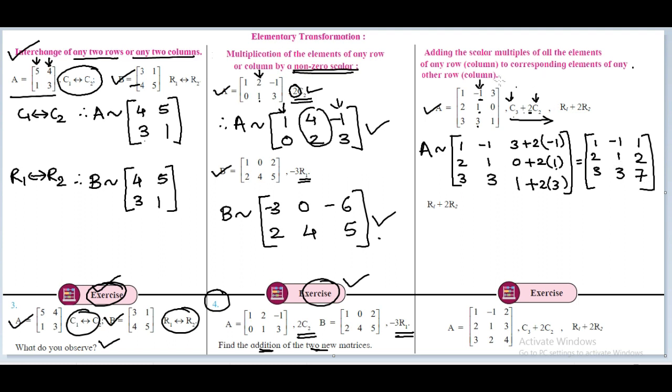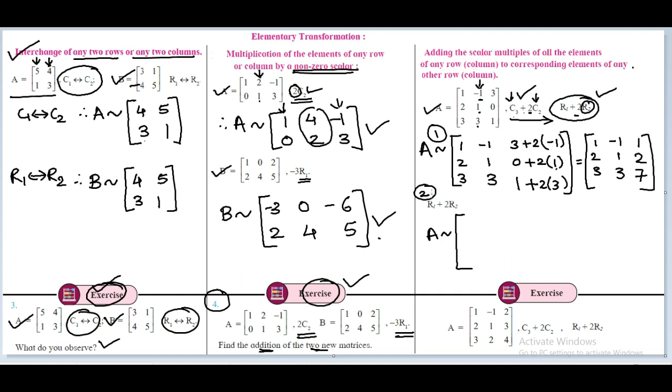Understood what I have done in the first transformation? Now similarly I can show you the transformation for the rows as well. Now this tells me that row 2 is multiplied by 2 and it is added to the first row. Now again a new operation, let's number it as 2, and this was the first operation. These two things are different. Now this is the operation on a row. So the new matrix that will be formed will be equivalent to the original matrix.